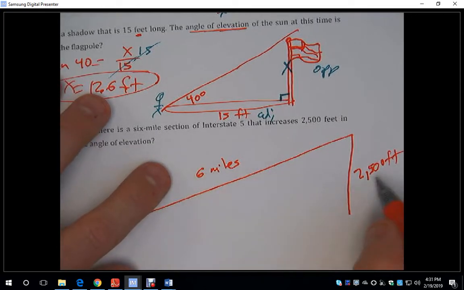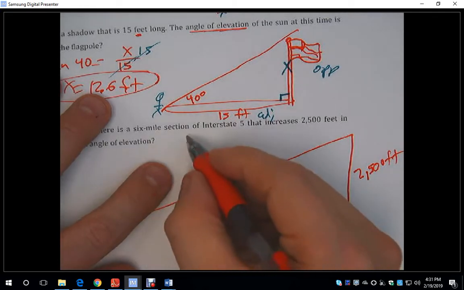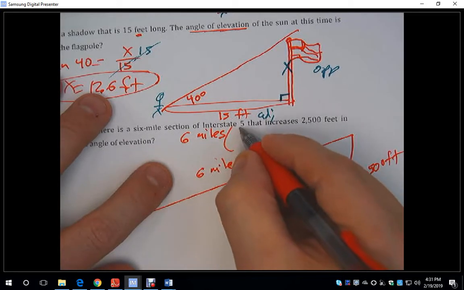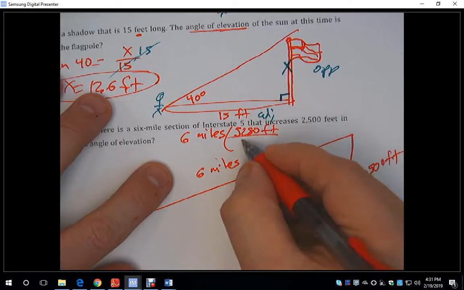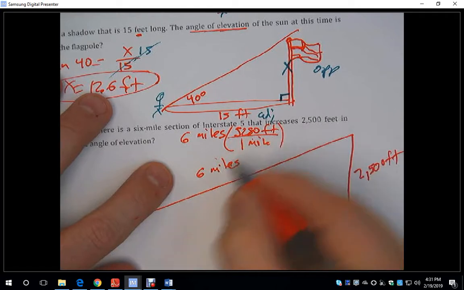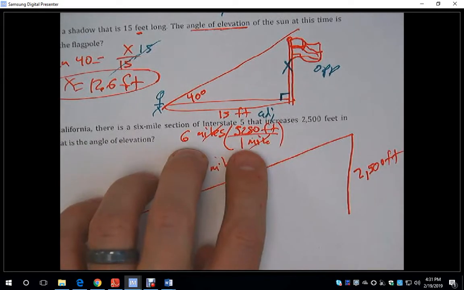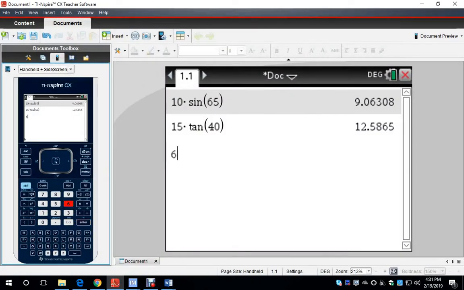So I need to either convert 2,500 feet into a fraction of a mile, or convert the 6 miles into feet. I'm going to convert the 6 miles, so I have 6 miles, and I'm going to multiply by my conversion of 5,280 feet equals 1 mile. Now miles cancel out. Miles divided by miles is 1. And then we just throw this into our calculator: 6 times 5,280. And that gives us